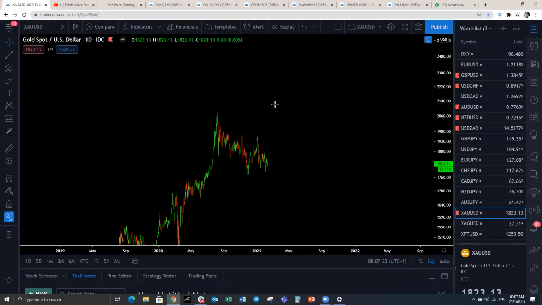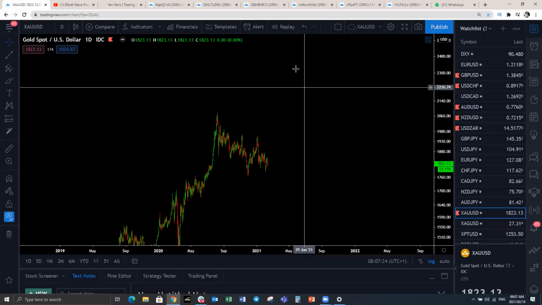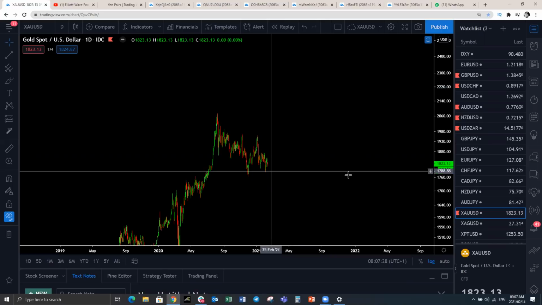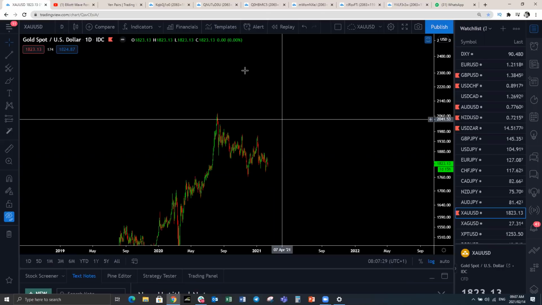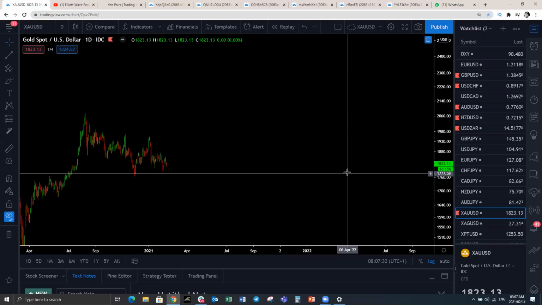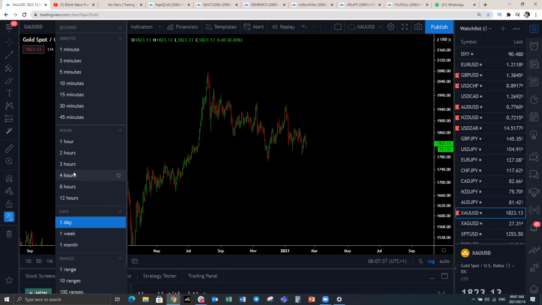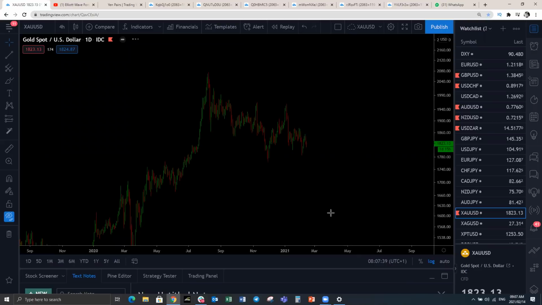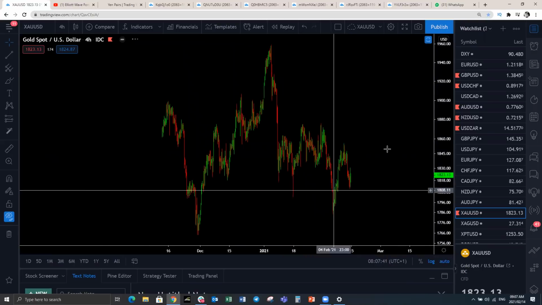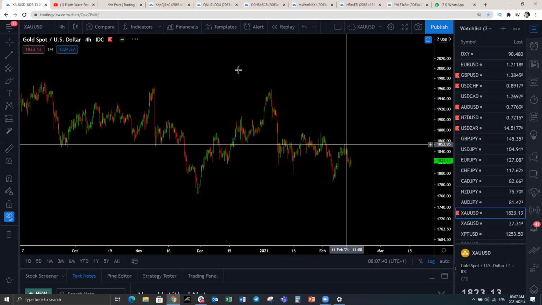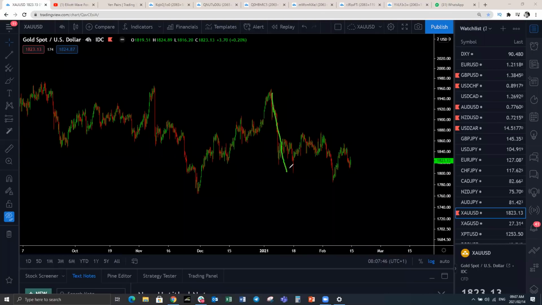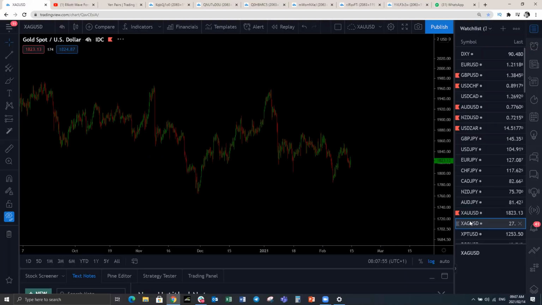So let's have a look at the lower degree here on gold. Let's go to the 4 hour. So the 4 hour here, that's the green degree that I was showing here. 1, 2, 3. Looks like a running flat here, and we'll expect gold to continue to the downside. But let's have a look at silver if it supports the structure on gold.